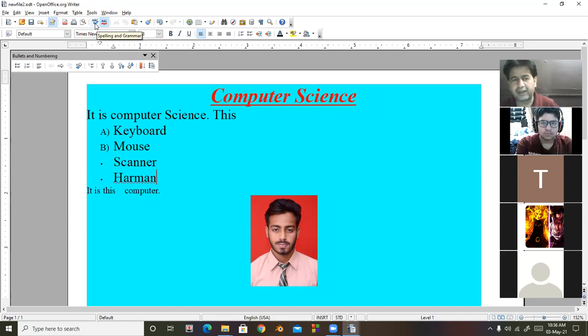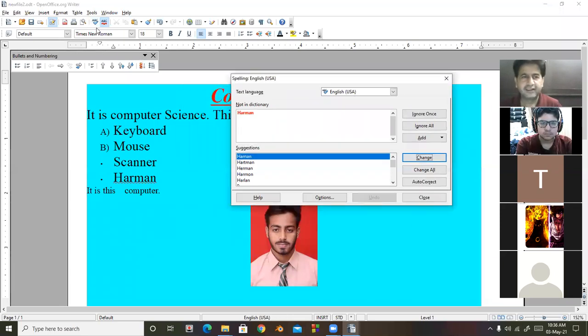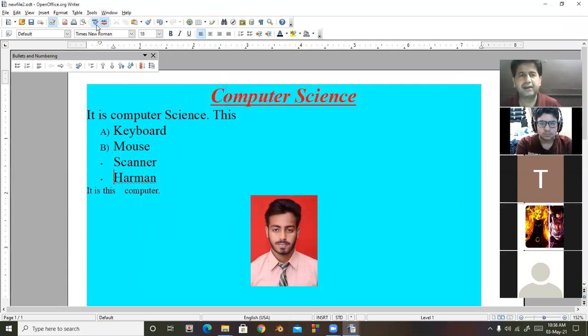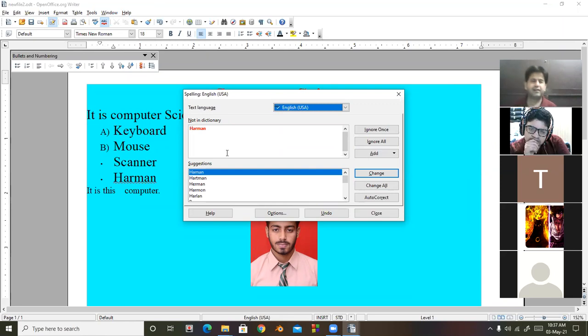In place of that, if we want to check the spelling with the help of a dialog box, look here, spelling and grammar. You will have to select the type of language, whether it is USA English or UK English, and then one by one it will check the errors and give suggestions. If in your page there are 4 errors, one by one it will show the first error, the second error, then the third error, and there are options and you can change it.